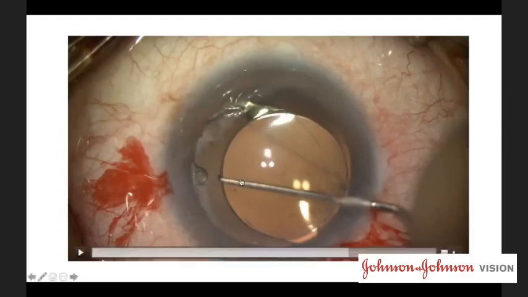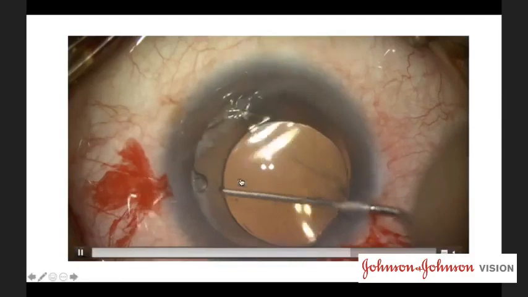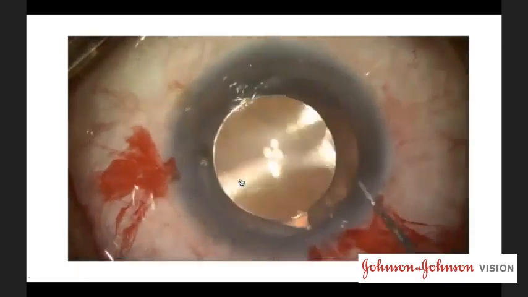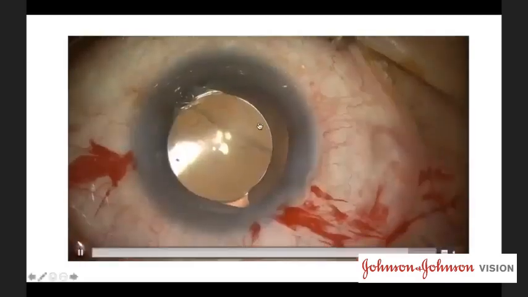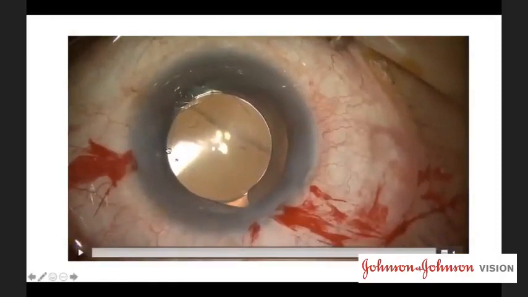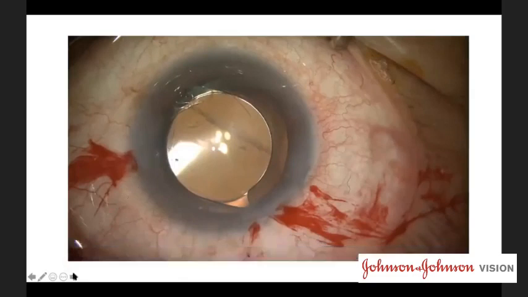So I'm positioning this, again an anterior capture of the lens, and just see how I'm checking and trying to get a tuck on the lens and position it so that on both sides my capture is sufficient. You can see this line here, and you can see this line here. So this is a single piece lens which I've captured. And going on to my last video,